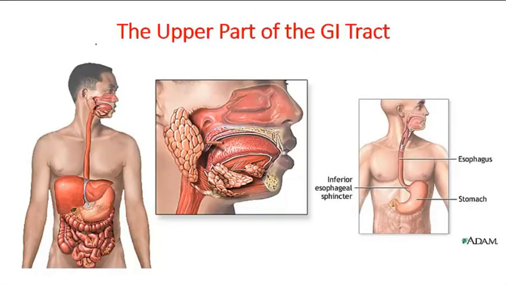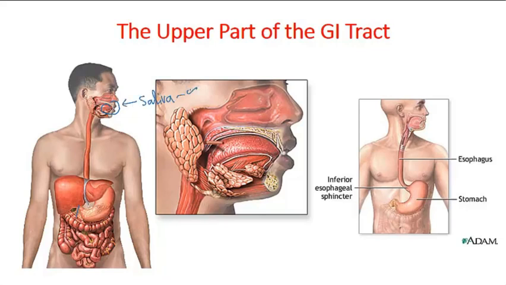Now let's talk about the upper part of the gastrointestinal tract. The upper part of the GI tract is involved with the process of ingestion, because it starts with the mouth and almost ends at the end of the stomach. That's what we call the upper GI tract. Food starts ingestion in the mouth, then inside the mouth chemical digestion takes place, because there we have saliva, and